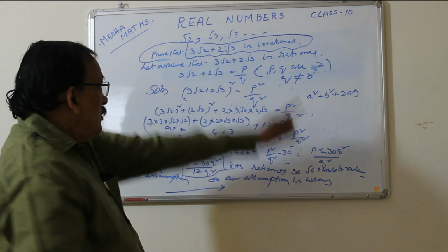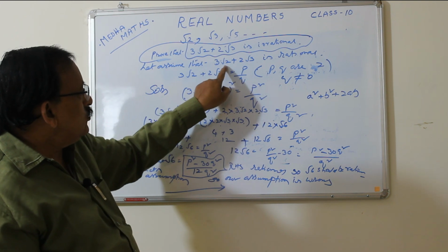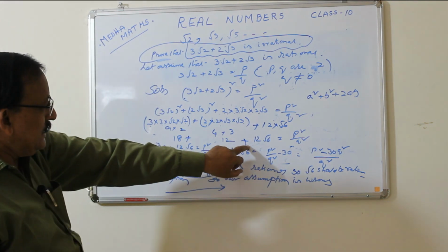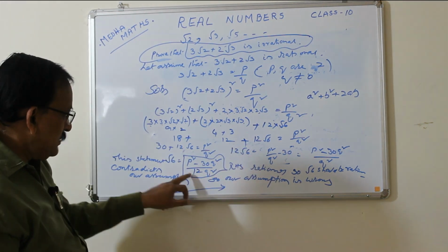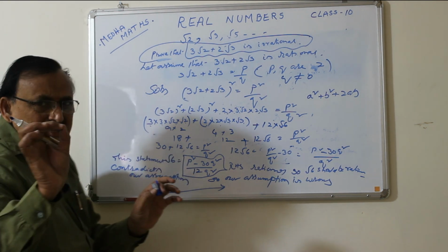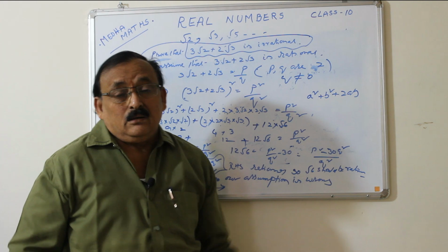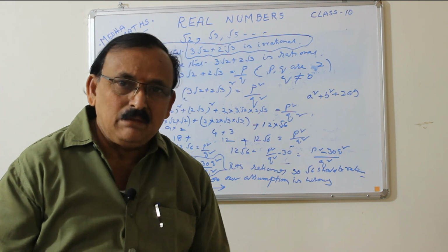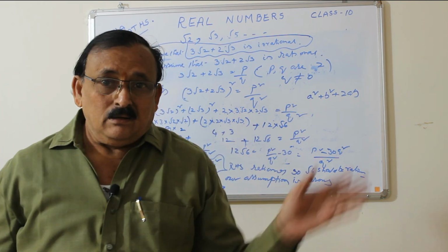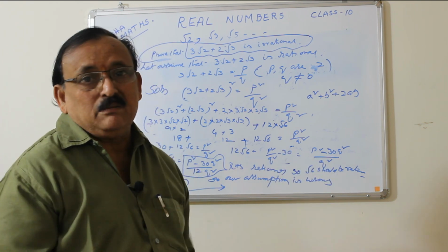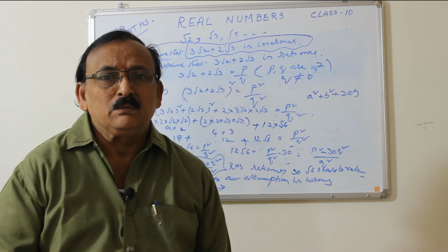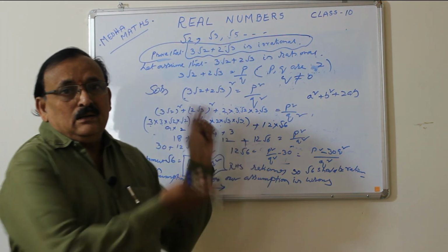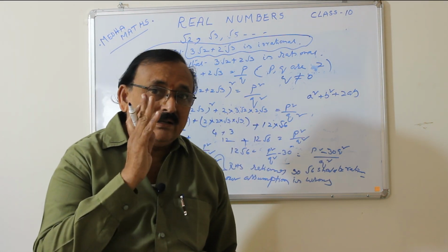Sometimes you will have a minus symbol here: 3√2 − 2√3. Then it becomes minus 2ab, and then this minus 12 will transfer here, just changing the symbol, but the same pattern. Practice this type of sums. Many examples are there in your textbooks or other publications, and maybe textbooks may not have the same type of examples, so you have to go for other publications. Practice more and more, and definitely you will get this sum for 4 marks.